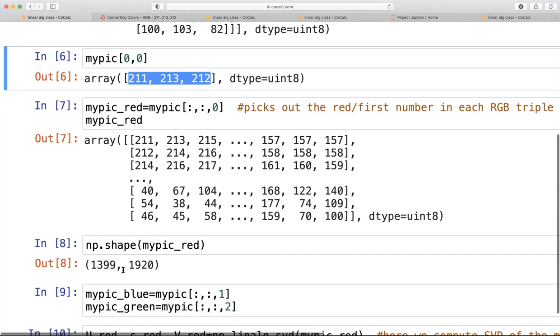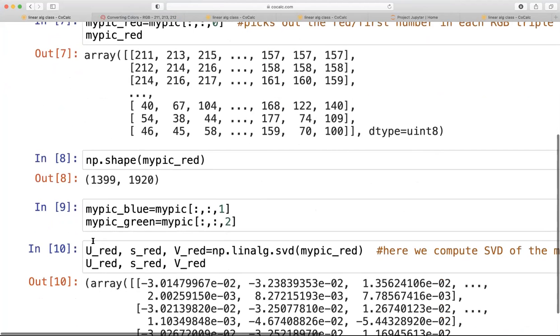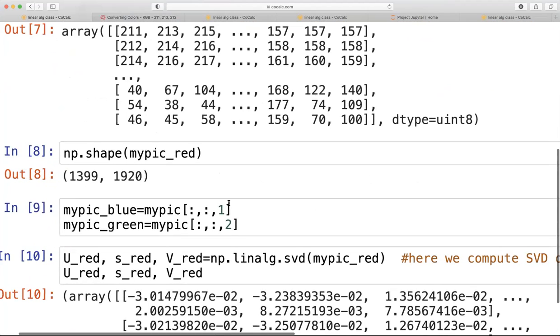Each pixel, this is how many pixels there are, and each pixel has a coordinate like so. And okay, so then we do the same thing for myPickBlue, where we pick out the second number in each triple. And again, because Python starts counting at 0, the second number corresponds to the 1, and then myPickGreen